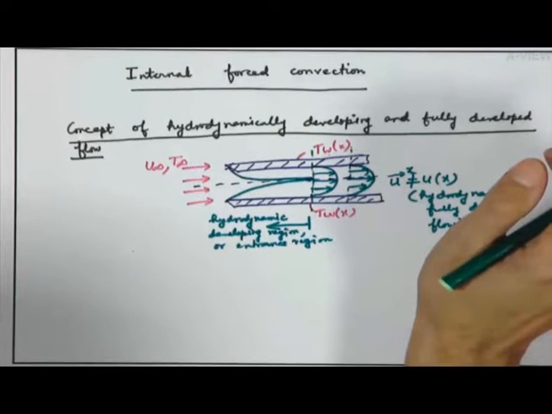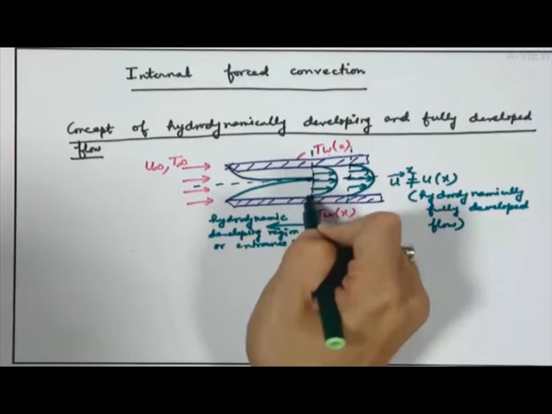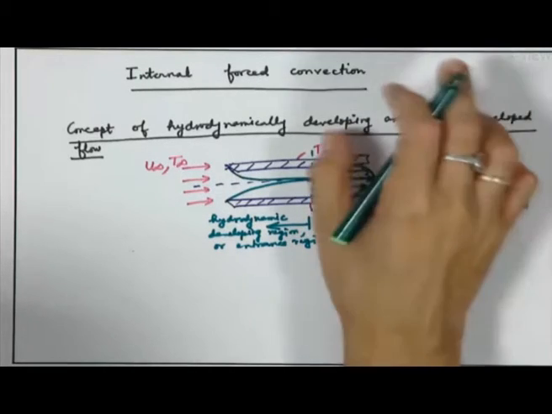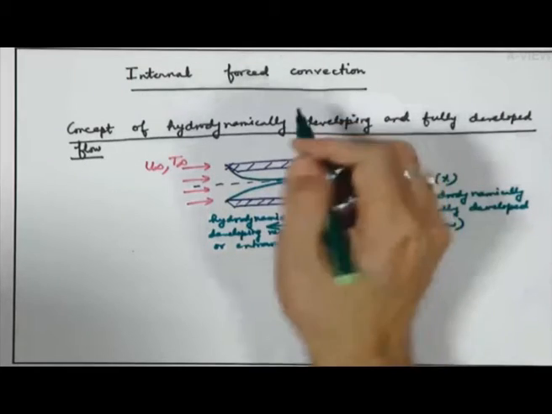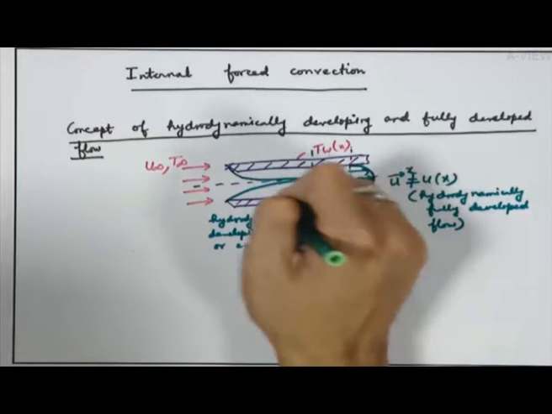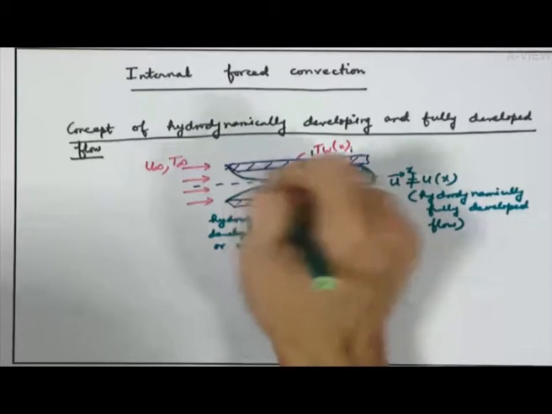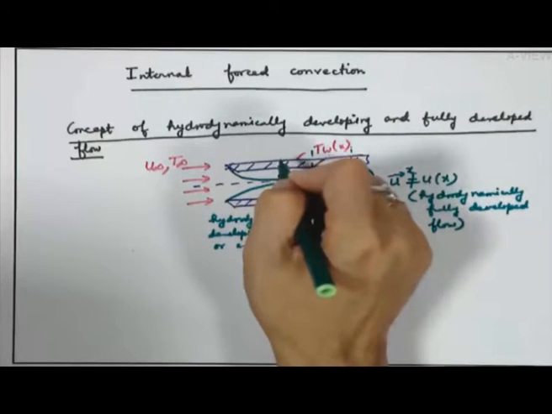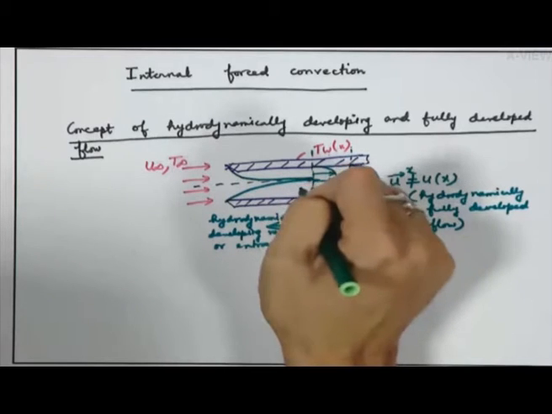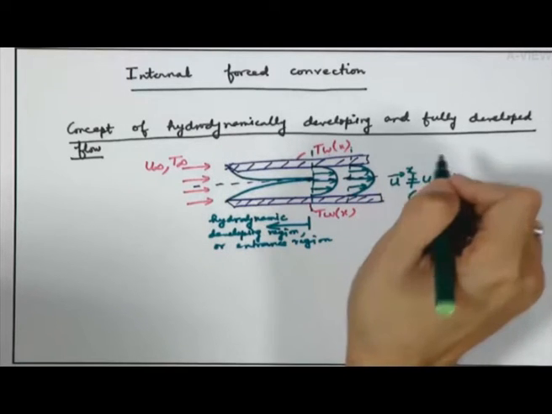Now, you can estimate the entrance length by estimating when the delta becomes of the order of half of the channel height. That can be done through some fundamental analysis; I am not going into that. The pressure, wall shear stress and the center line velocity all vary in a very interesting way within this entrance region, but how they vary is not a matter of importance for the discussion of this present chapter, because we will be discussing only hydrodynamically and thermally fully developed flow.